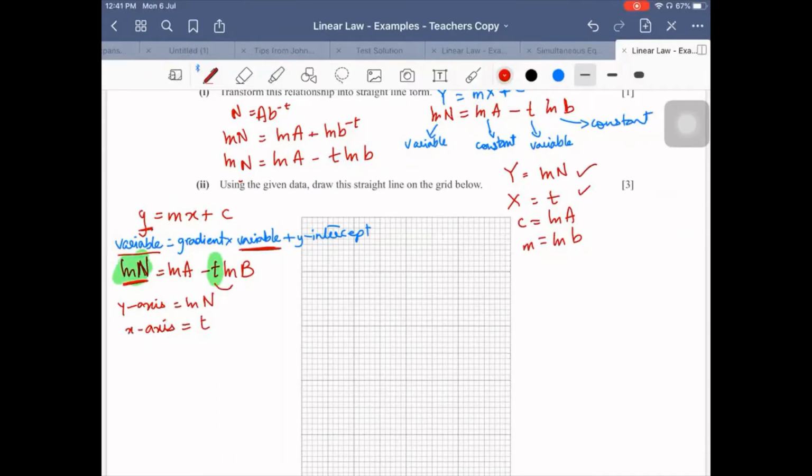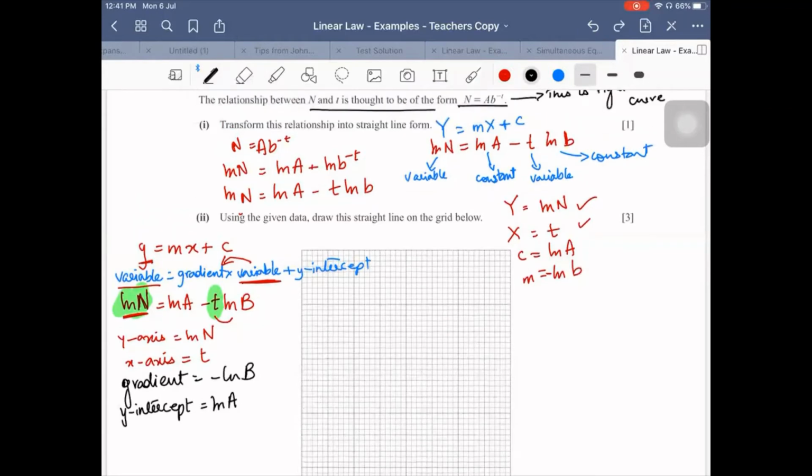वेरिएबल के साथ साइन इग्नोर कर देंगे। मैंने यहाँ पे एक छोटी सी गलती कर दी। ओके, अब वेरिएबल के साथ क्या मल्टीप्लाई हुआ होता है, ग्रेडियंट मल्टीप्लाई हुआ होता है ना। सो यहाँ पे वेरिएबल के साथ मल्टीप्लाई हुआ है माइनस ln b, तो मेरा ग्रेडियंट हो जाएगा −ln b। और मेरा y इंटरसेप्ट क्या हो जाएगा? My y intercept will be ln a, ये जो कांस्टेंट है। सही है, so you're always going to get this form: variable equals gradient into variable plus constant, जिसको हम कैपिटल फॉर्म में इस तरह लिखते हैं। ओके।